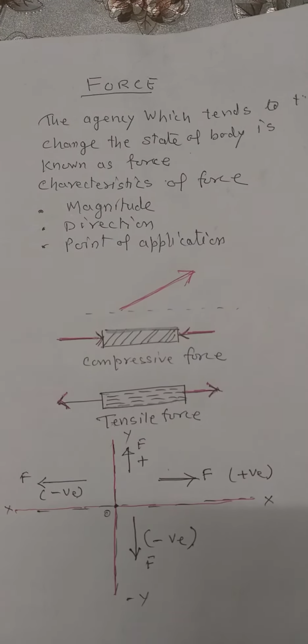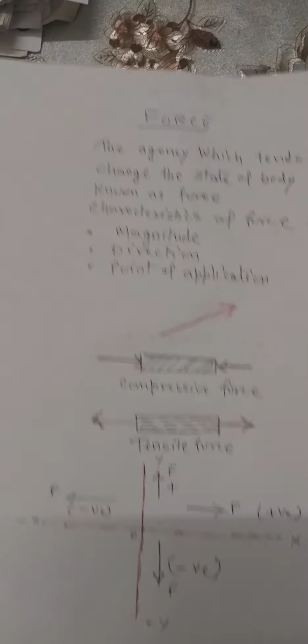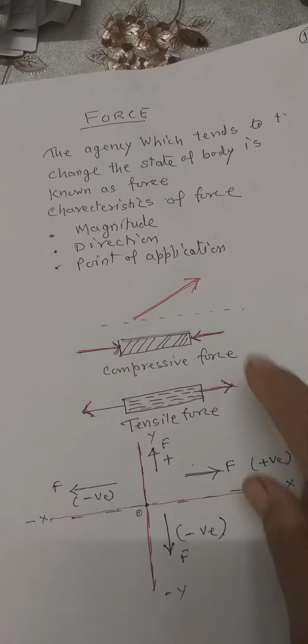Just like this. You can see this is the magnitude, say 1 centimeter is equal to 1 kilonewton. This is 3 centimeter, then this indicates that the force is that of 3 kilonewton. Similarly, the direction in which direction it acts, and finally the point of application where it is applied. This is called the point of application. So we will have to mention something about the arrow also, showing the direction and the point of application along with the magnitude.